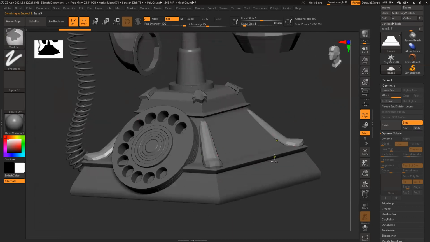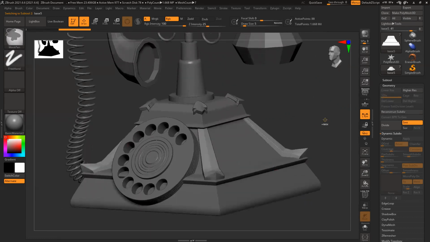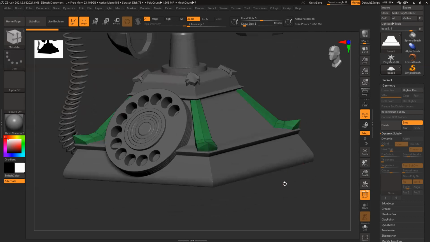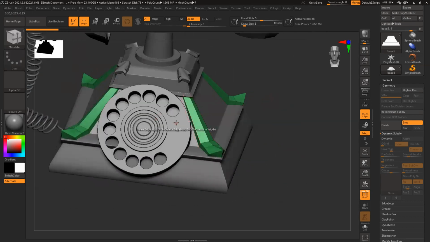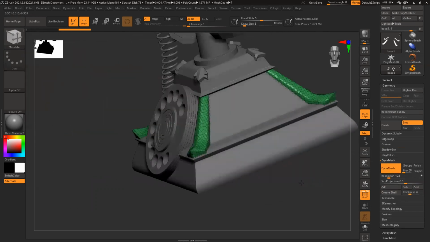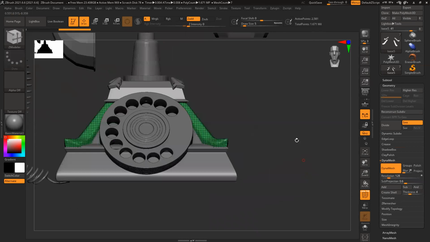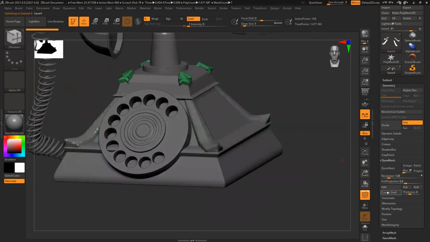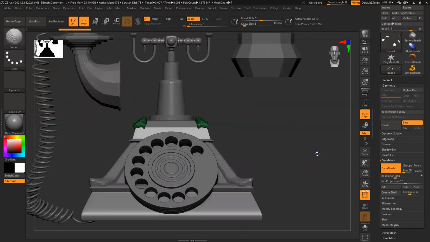See, if you do Control D, it becomes like this. So Control Z, Shift F. So without adding this loop again and again, I can do Dynamesh also. It will retain the basic structure that works for me. So here it's losing shape, increase the resolution, and then do it again.